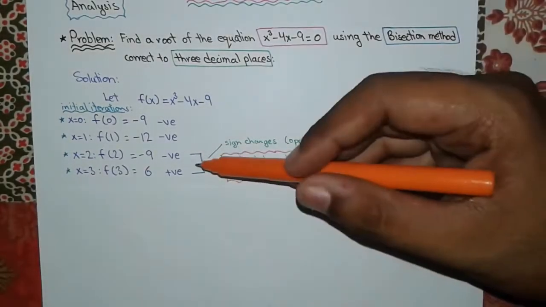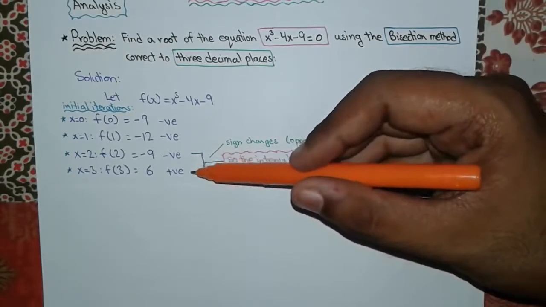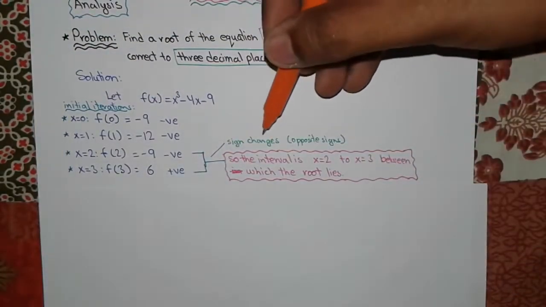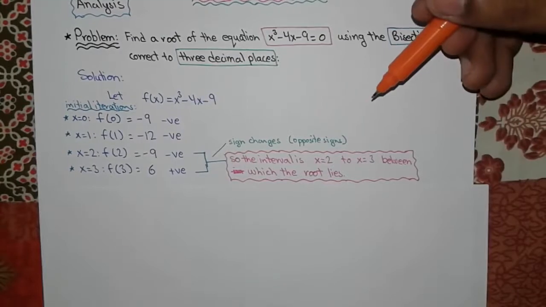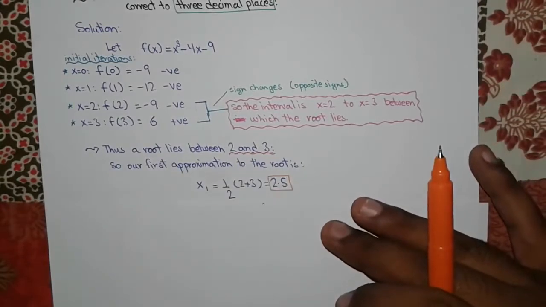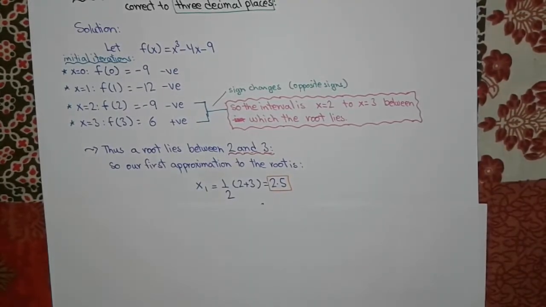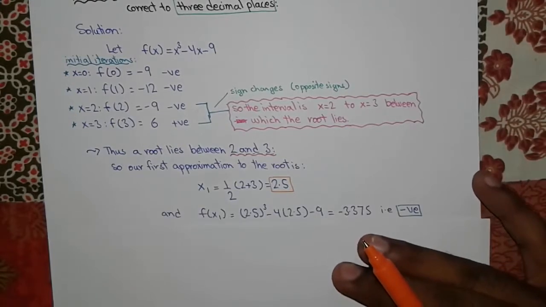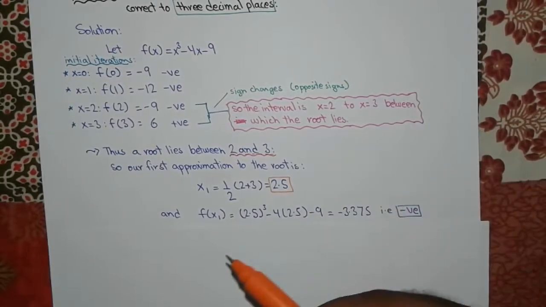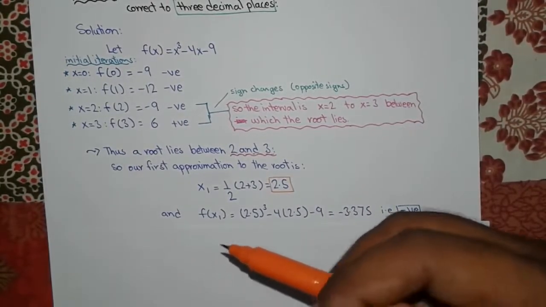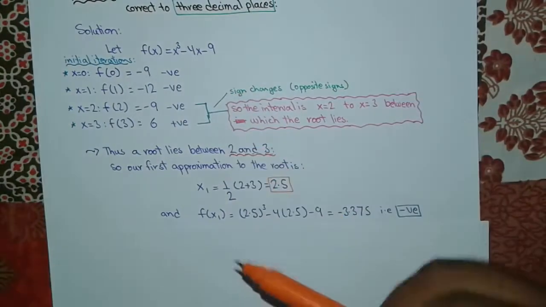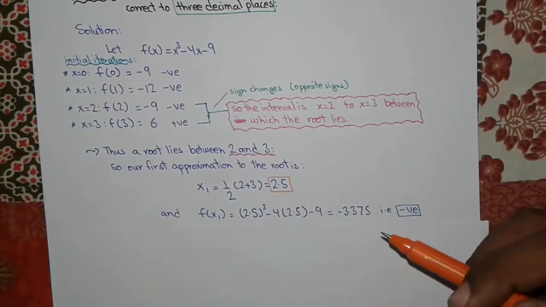Now we can see that the sign of f of x changes between x equals 2 and x equals 3. So our interval in which the root lies will be x equals 2 and x equals 3. So our first approximation to the root by using the bisection method will be x1 equals half of 2 plus 3 equals 2.5, and we will now check the value of f of x1 by putting the value of x1 into the given equation, and we found that it is coming minus 3.375,